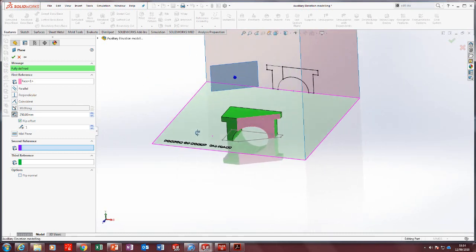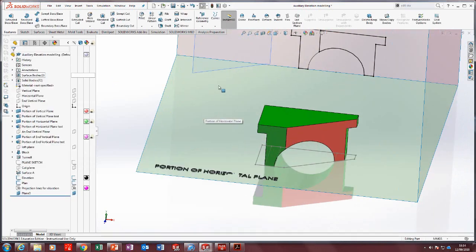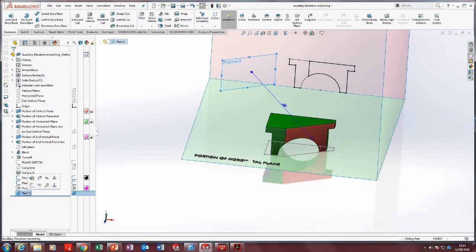Yeah, about 250. Click OK. Now, we're going to rename this auxiliary vertical plane. So we're going to make this bigger,